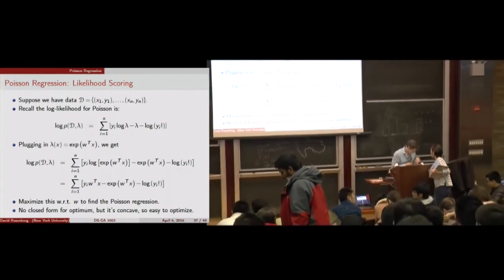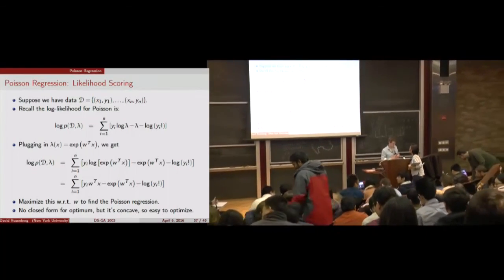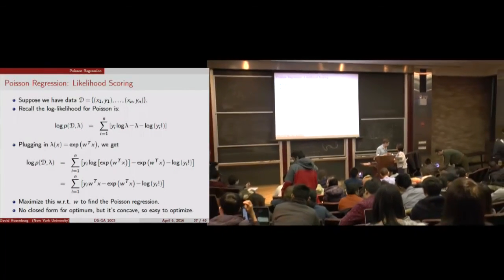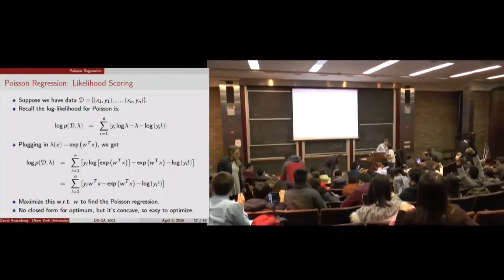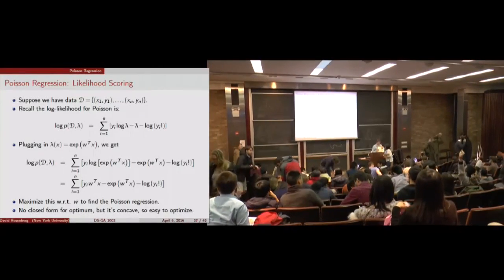I have a question. Each of the xi's is a feature vector. So if there is sparsity, then the conditional probability